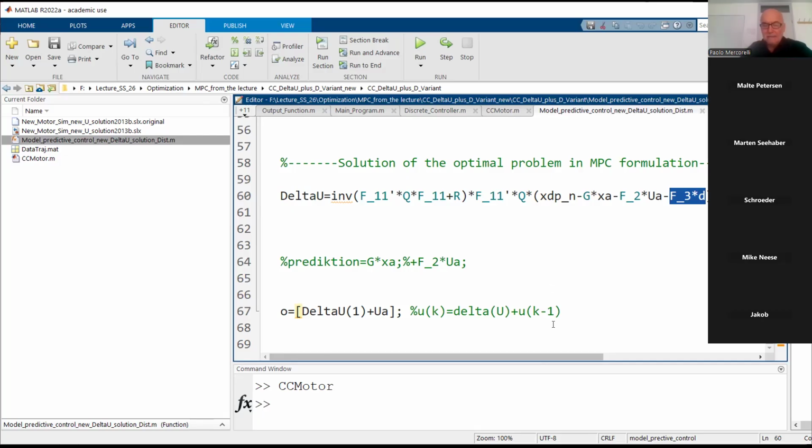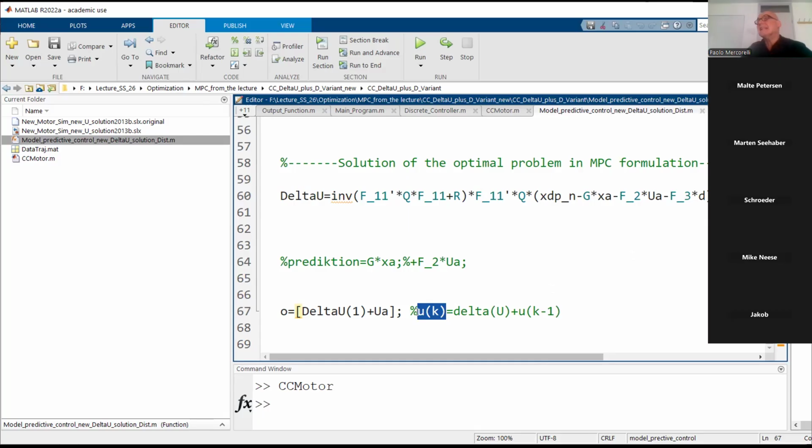And look here, the output is commented very well. The output which I have to calculate to be applied